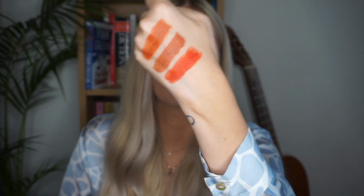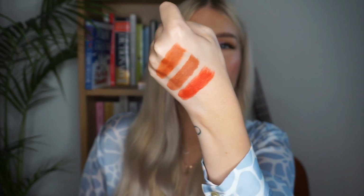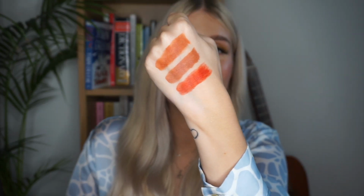But let me swatch this red lipstick out as well. So there you have the red. You can definitely see it's more of an orangey red, and it's not like a neutral red, but it's more of a muted orangey red, and again it is especially what I wanted. It's really, really beautiful, and again I don't have too many of these tones in my collection, so I was really excited to get this lipstick. But there they are all swatched out. All of them aren't exactly in this tone, but these were just the lipsticks that I decided to go for,